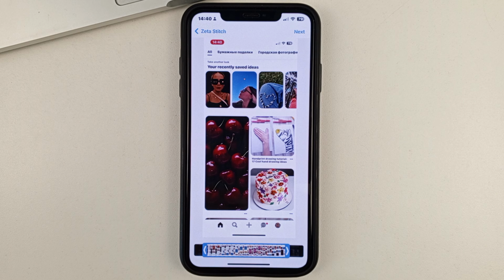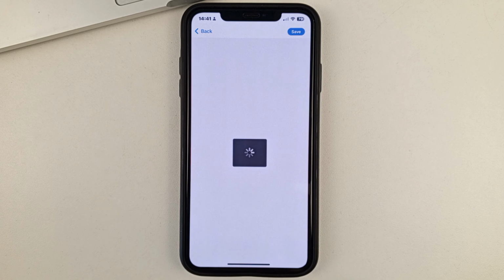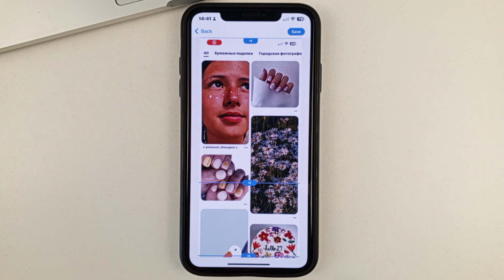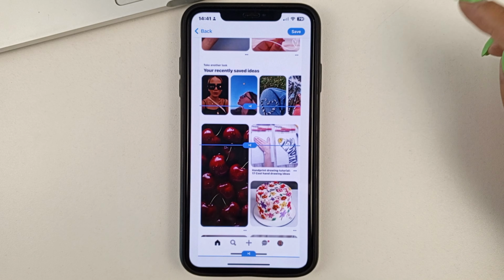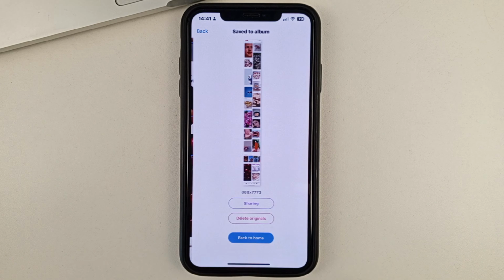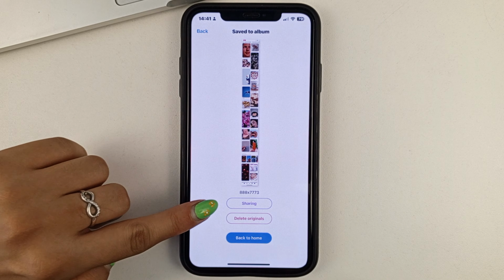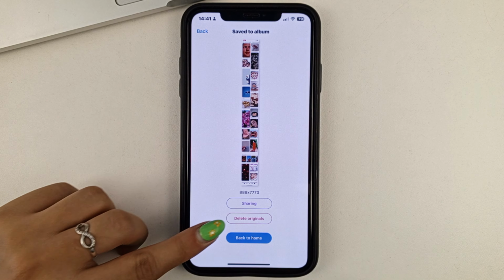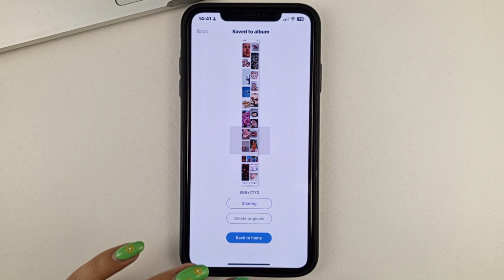Then when you have made all the changes you need to make, click Next in the top right corner. Then, when the full, long screenshot is downloaded, you can view it. If you still need to crop anything here, do so, and then click Save. And as you can see, you get a long screenshot like this, which you can immediately click and send to someone. You can also delete the original here, which is the screen recording that was there.